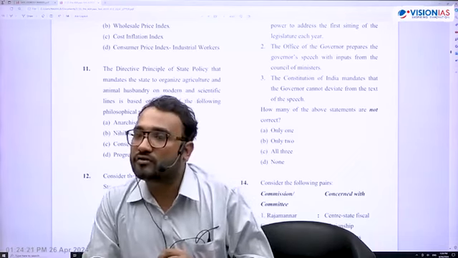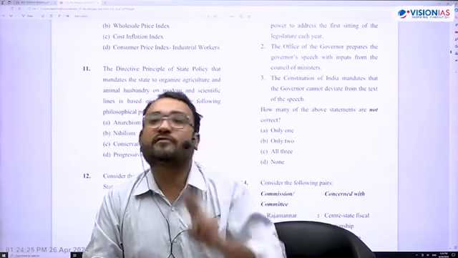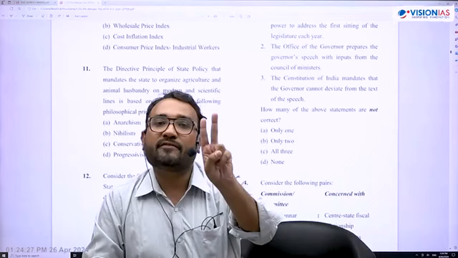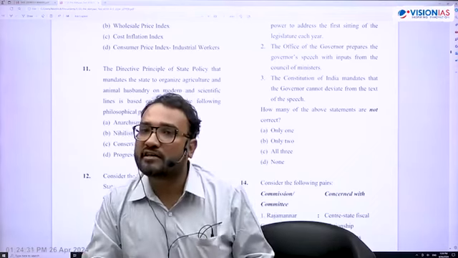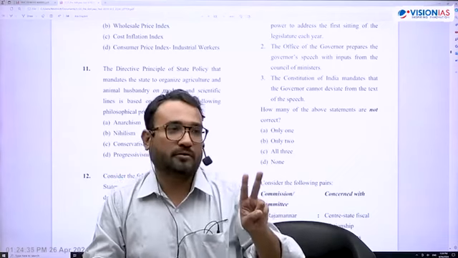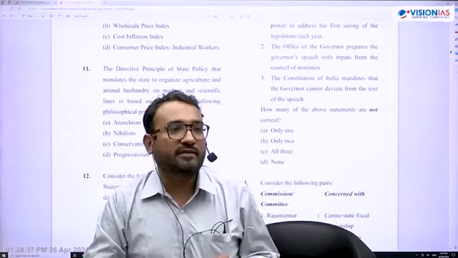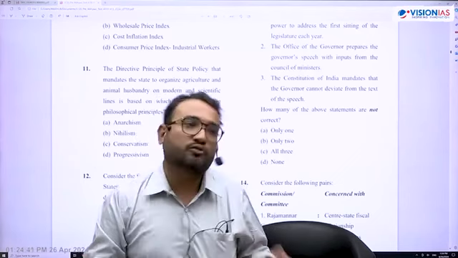Similarly, they asked a question, for example, that the Constitution of India explicitly mentions which kind of vetoes: absolute veto, qualified veto, suspensive veto, pocket veto. According to the Constitution, Article 111, no such term is mentioned in the Constitution. So you must be conscious of what is given in the secondary text and what is given in the Constitution, otherwise you make a mistake.